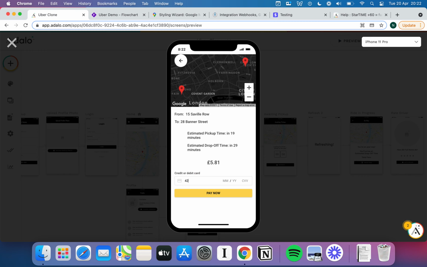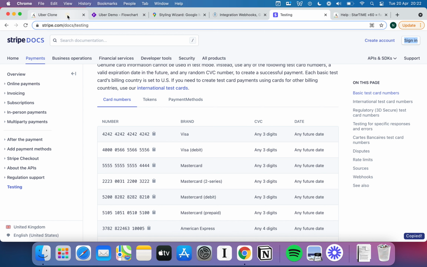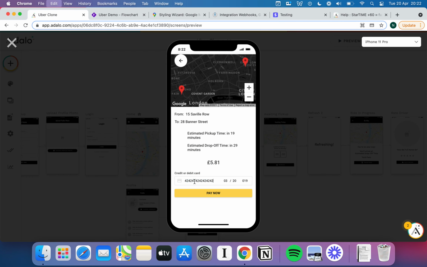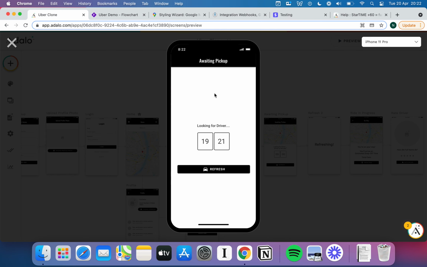I can go ahead and put in the Stripe payment details, which I think I've just typed in wrong there. Let me just grab the card number from test. So this is a test payment number, which I'll show you how to use a little bit later on. Oops, of course, I've put the date in the past. So there we go, we've got our little screen, hit pay now, and that will bring us across to this